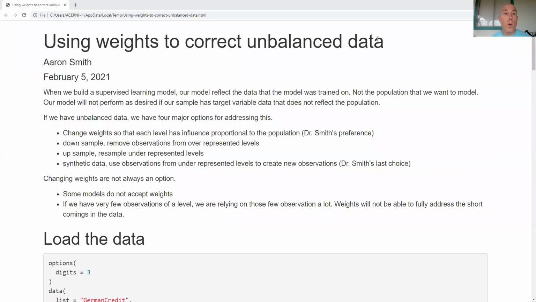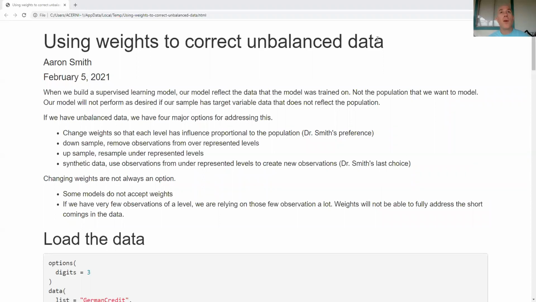Hi, in this video, we want to take a look at using weights to correct imbalanced data. So we're in the situation that I need to build a probability model, like logistic regression. I want to model the probability that an event will or will not occur. And then we're in the situation where our sample does not reflect the population that we want